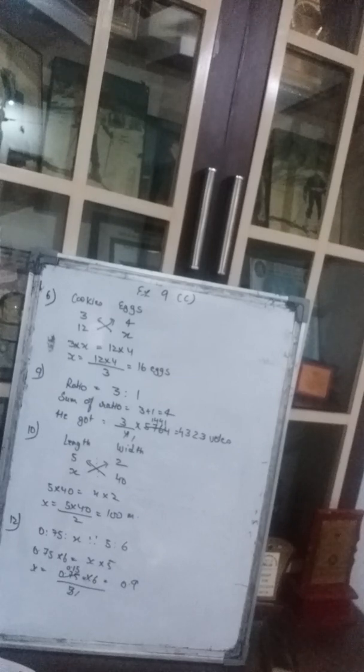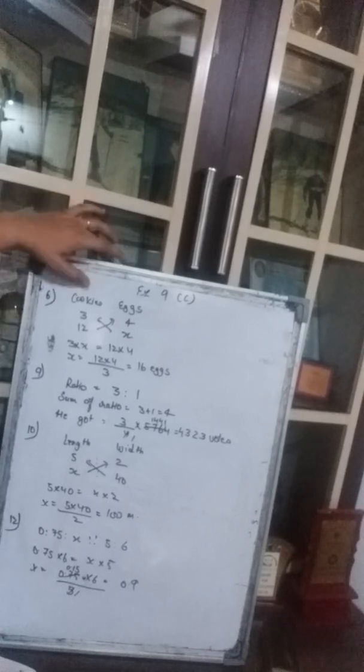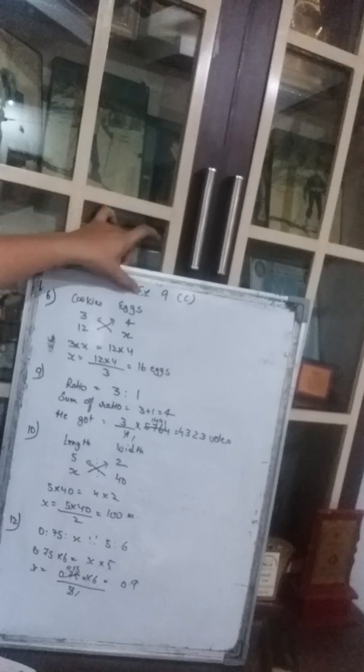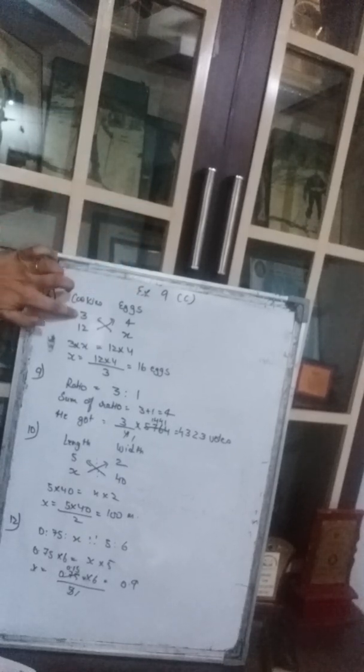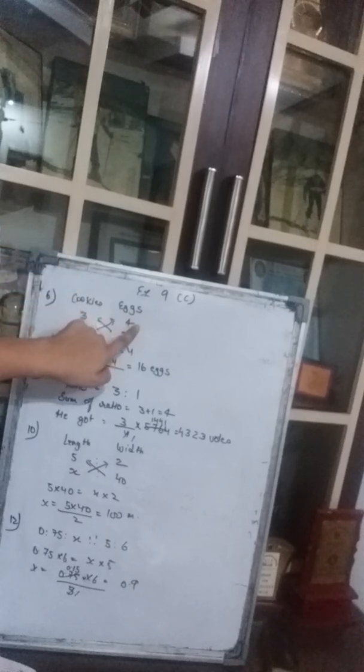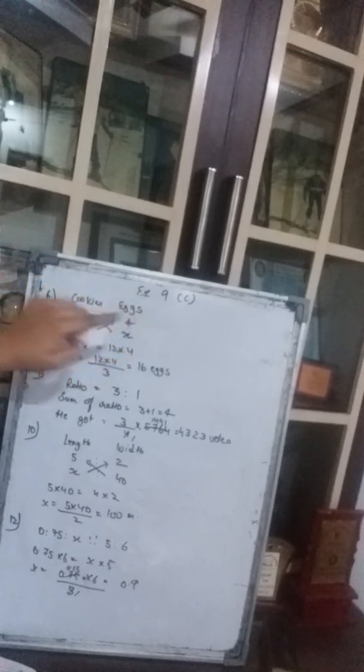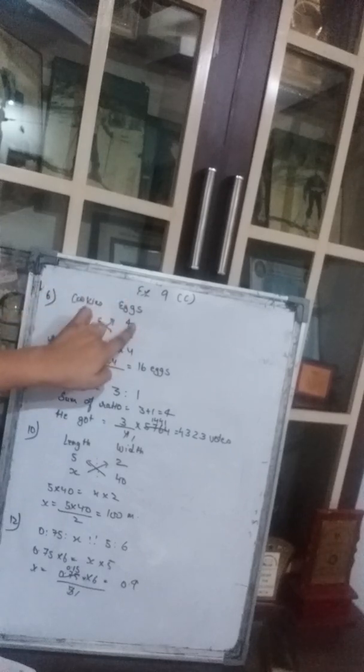The language is a bit tricky, but try to understand it. Her recipe for 3 dozen called for 4 eggs. That means let's make the two headings, cookies and eggs. Okay, so the recipe says that for 3 dozen cookies, she needs 4 eggs. Right under the correct heading: for 3 dozen cookies, she needs 4 eggs. Right?